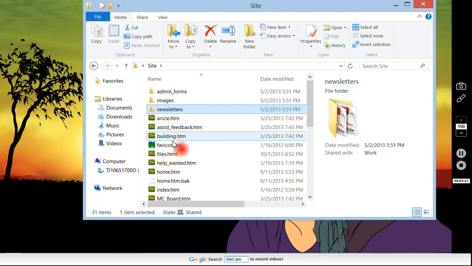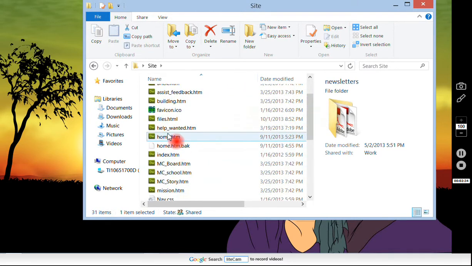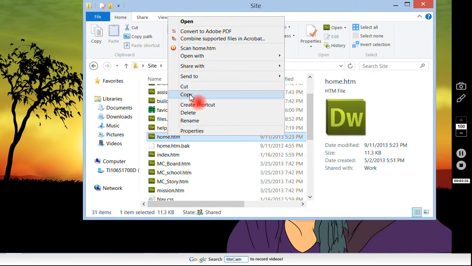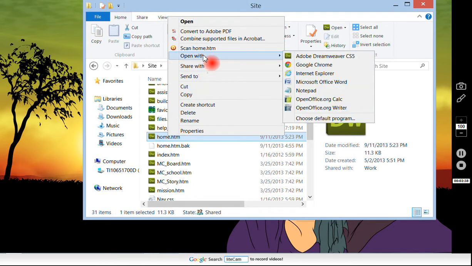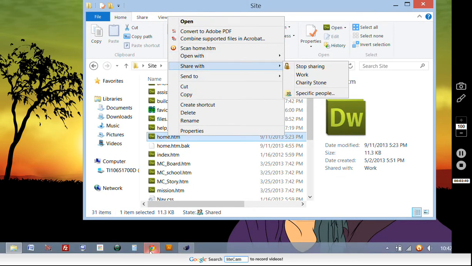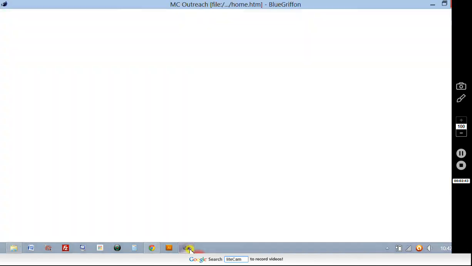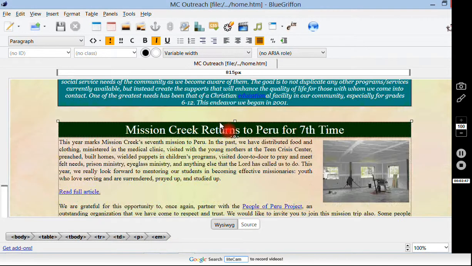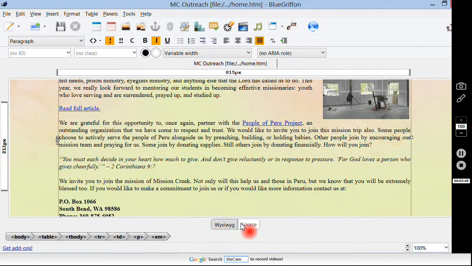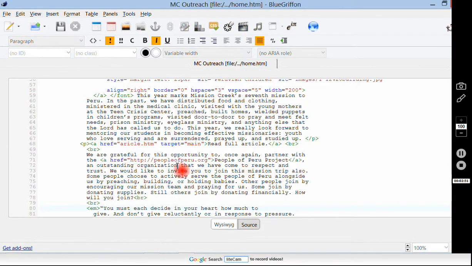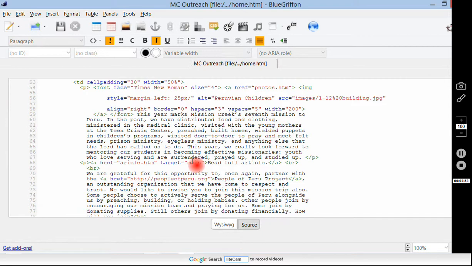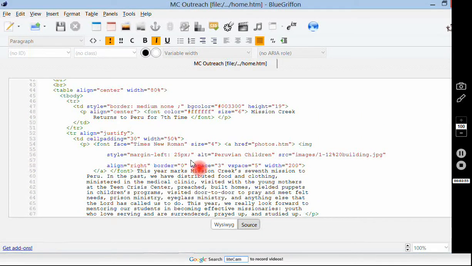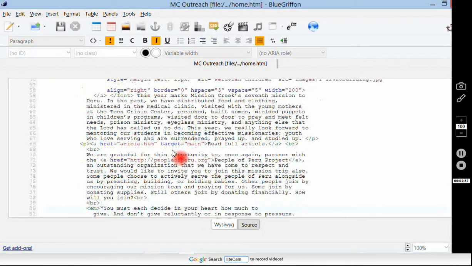So I'm just going to open up quickly Home. Let me find it real quick. Here we go. I'm going to open with Blue Gryphon. We'll talk about this next, but just to clarify, we will talk more about CSS and HTML later, but in the meantime, when you open up the back door of the site,